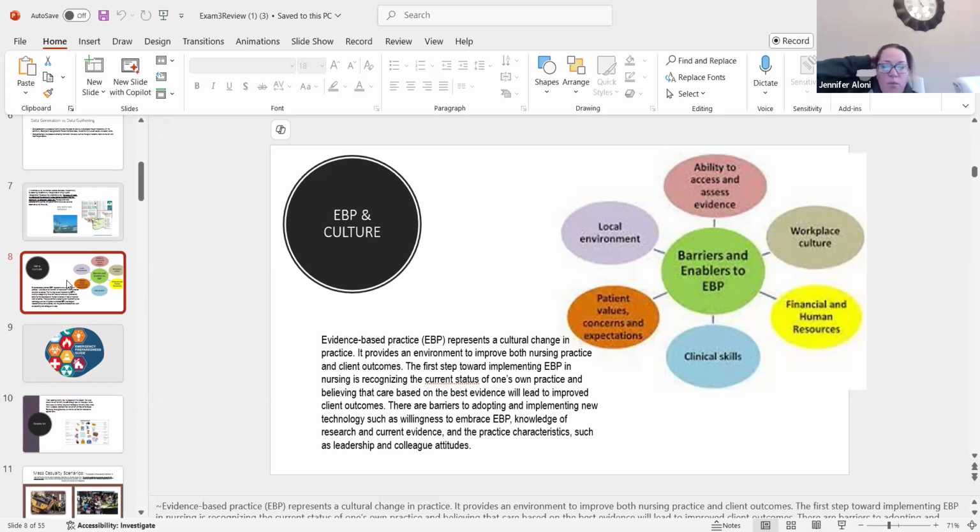What do some nurses say when we're going to do something different in a facility because it's evidence-based? We found that a computer system is better. What are they going to say? No, I don't want to use that. I like the old one. So you're going to have to make sure that there's some willingness to embrace the evidence-based practice among your peers, implementing research and current evidence, and leadership and attitudes when we're implementing evidence-based practice change. Okay. Evidence-based practice change is going to be seen in our nursing field.